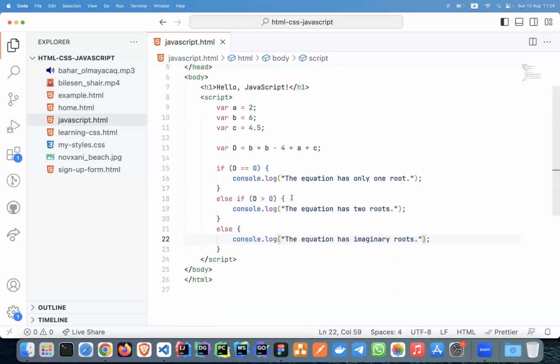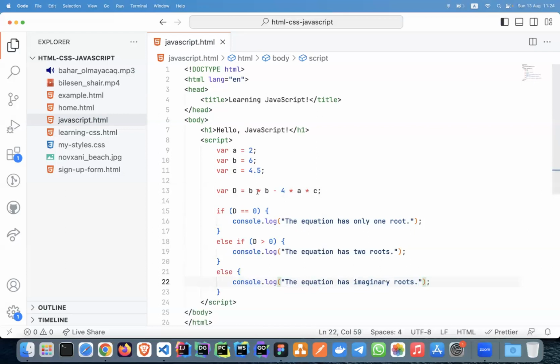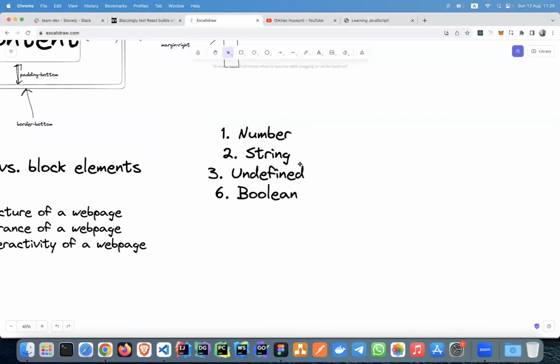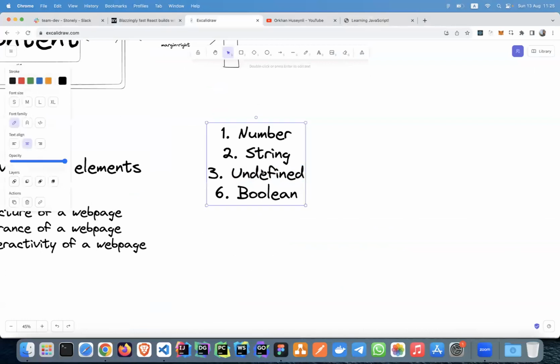So this almost looks the same as in Python, but in Python we don't have these curly braces, and we don't have the var keyword. We don't have these brackets inside our condition. And if you know Python, or any other programming language, this is going to be very easy for you. And we also talked about this undefined type, which just means it's something that